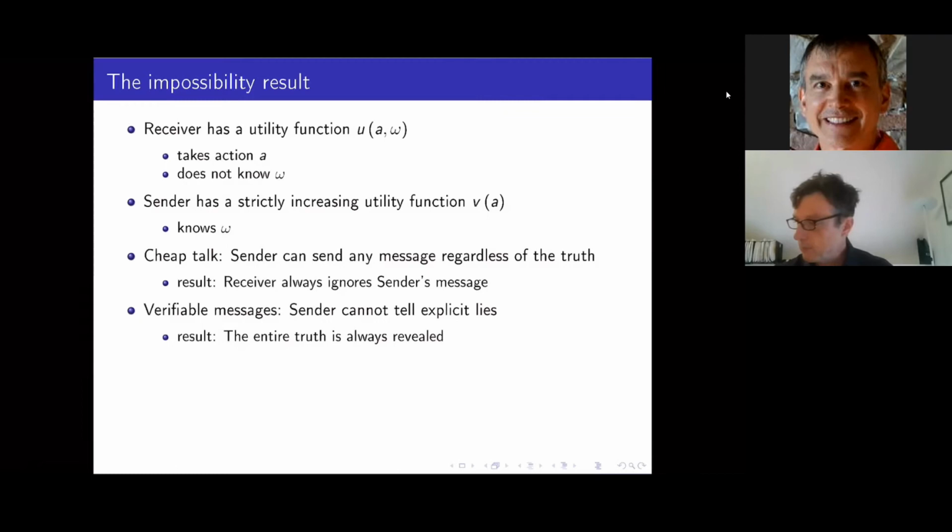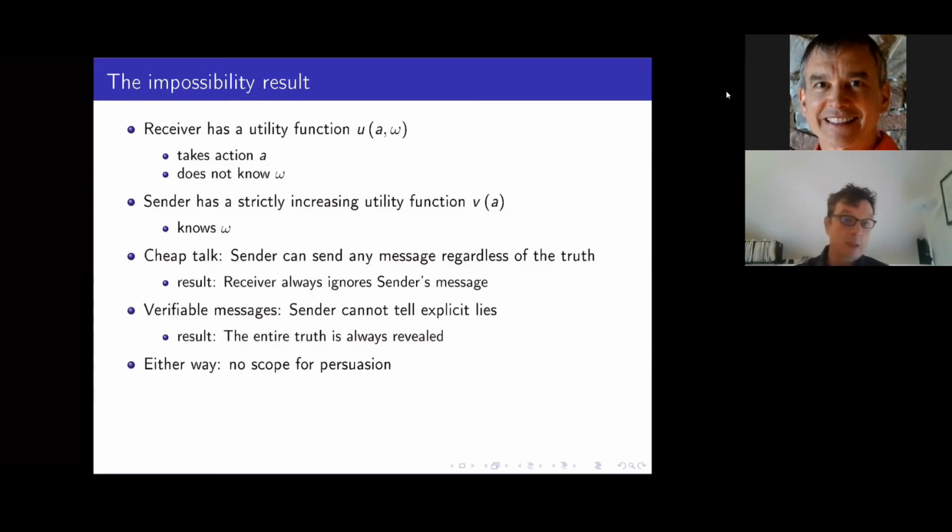Okay. So I would maybe not refer to this as the impossibility result as Emir does here, but either way, there's little scope for persuasion, in the sense that the eventual equilibrium outcome is determined independent of the prior distribution, and it's just a function of the state of the world.